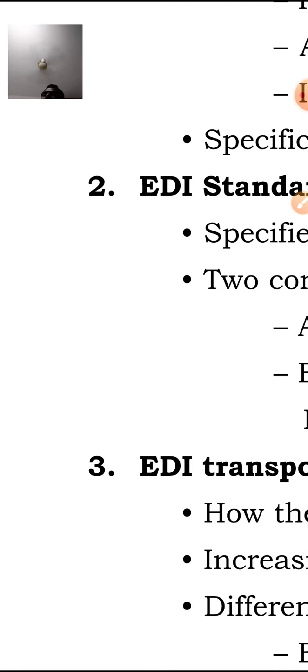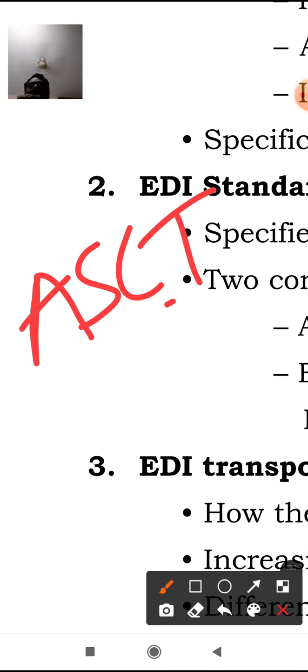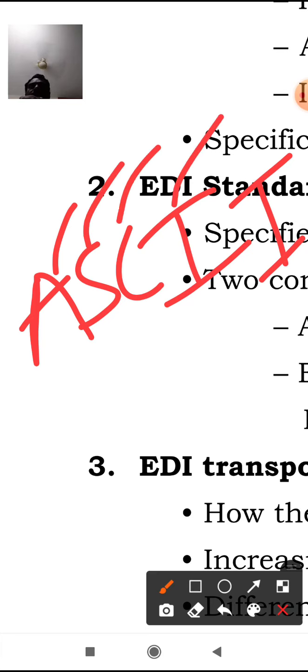Already we know that whatever high level languages, like C or C++ or Java, the syntaxes may be different, the writing of the methods may be different, and the logics may be different. But what happens is, if you enter the data, that information will be converted from the high level programming languages into the ASCII code. Already we discussed the ASCII code. ASCII stands for American Standard Code for Information Interchange.